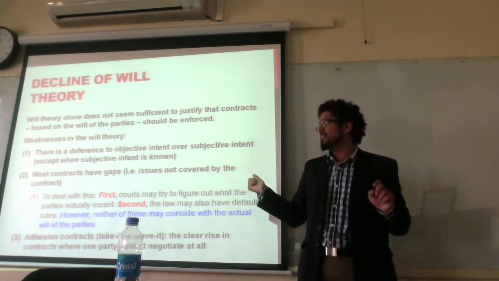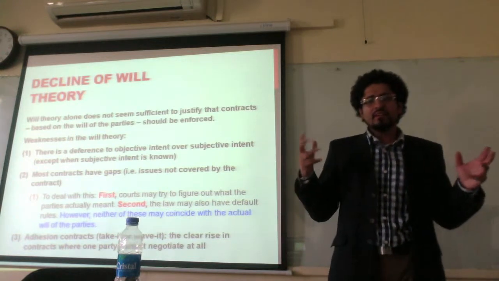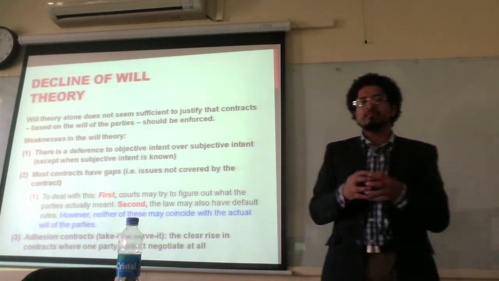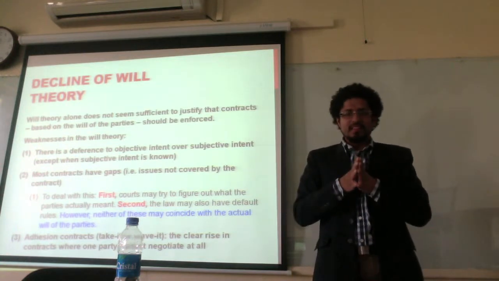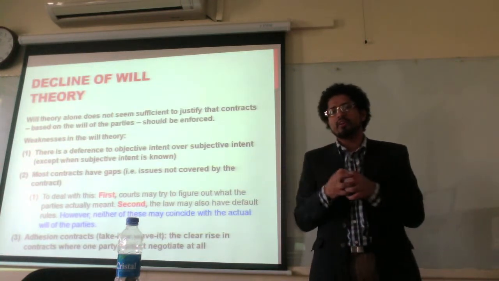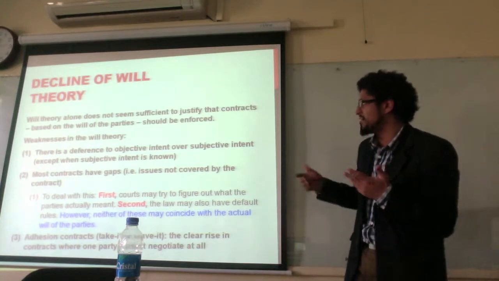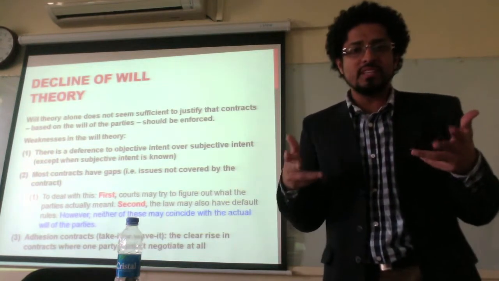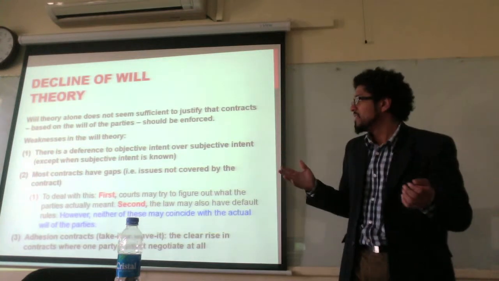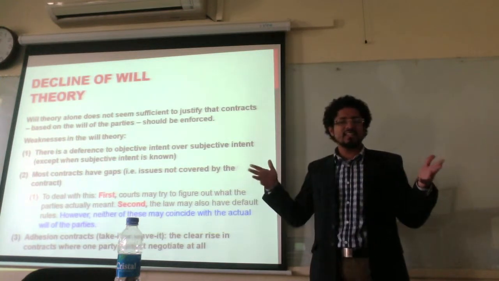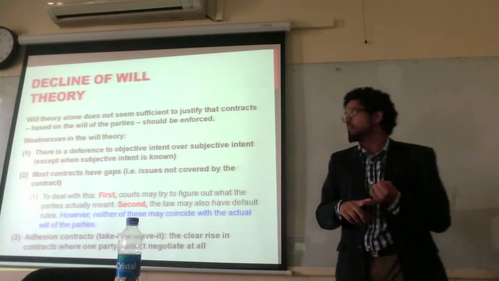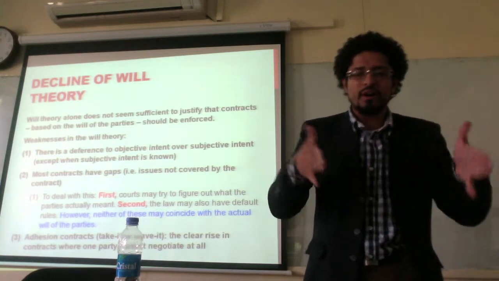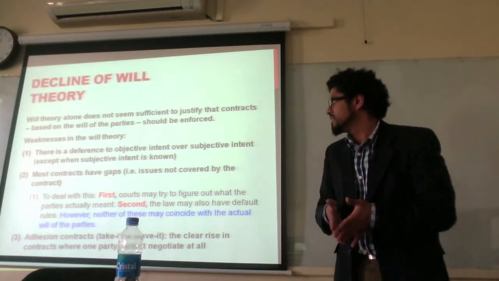And the second point is that will theory might mean the parties agree on some matters, but it doesn't absolutely mean that they've agreed on all matters. And a lot of these contracts have gaps in them. You can't have every single possibility mentioned within a contract. It's just not possible. And so, the way that these criticisms are sometimes dealt with is that, one, it's really up to the court to decide what the parties were thinking about, and two,